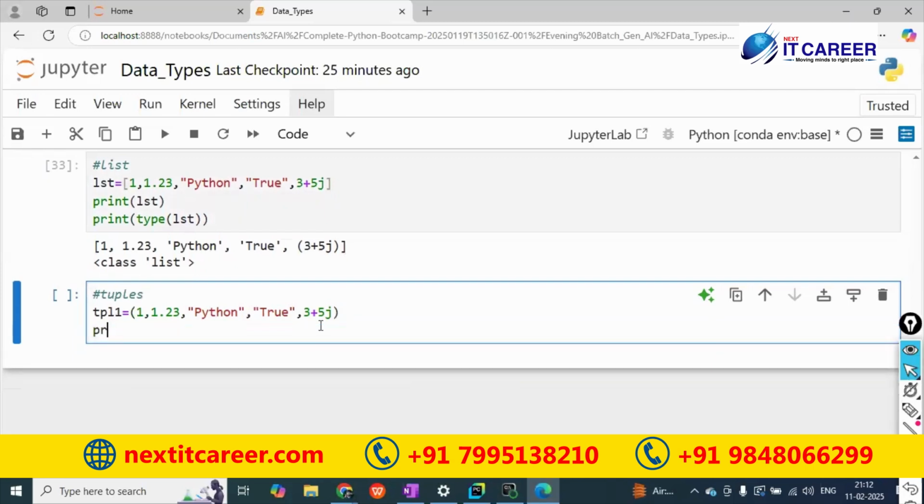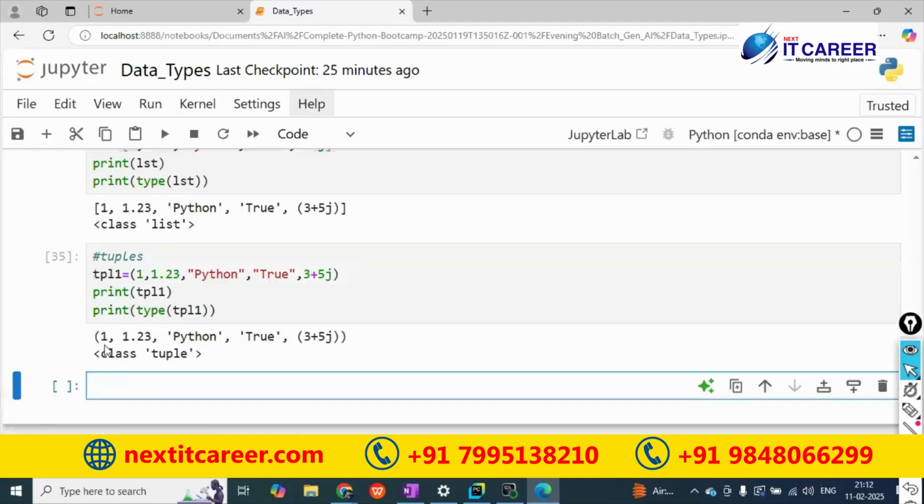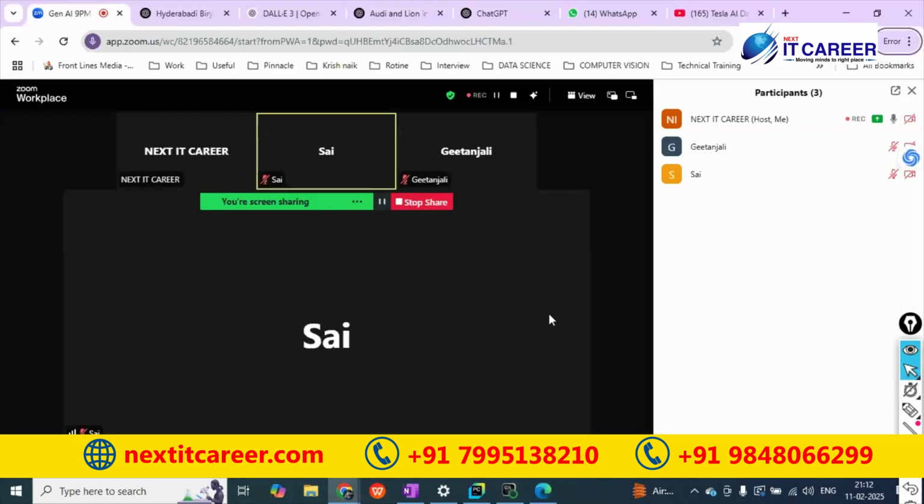Now if I print it and check the type of TPL1 and execute, we can see it is a tuple, represented in parentheses and having heterogeneous elements. It is very easy to understand.